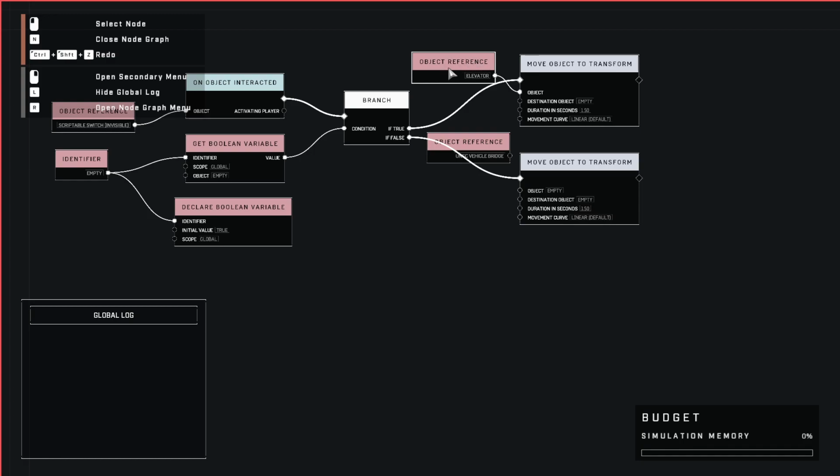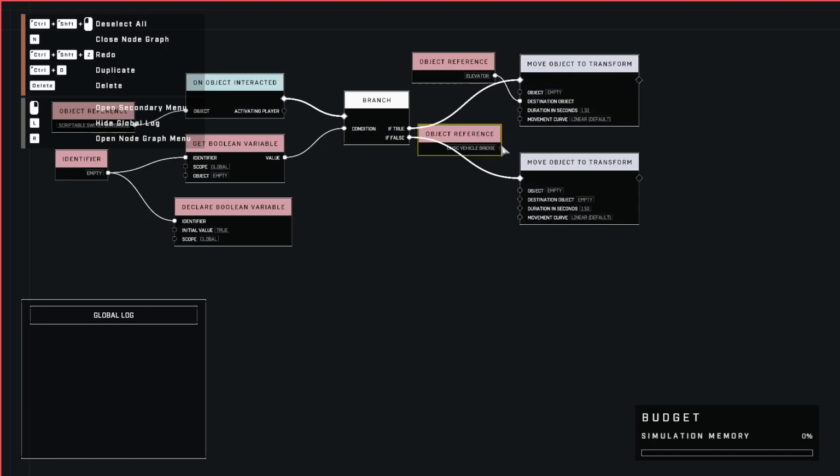And, oh, you know what? I connected this to the wrong spot. My bad. This actually is destination object. Okay, so we want this to be our destination of where we go to. Our actual object to move was our bridge, so that's going to go up to the object one. So we want the bridge to start wherever it's at and move in a straight line up to where our brain is. Okay,